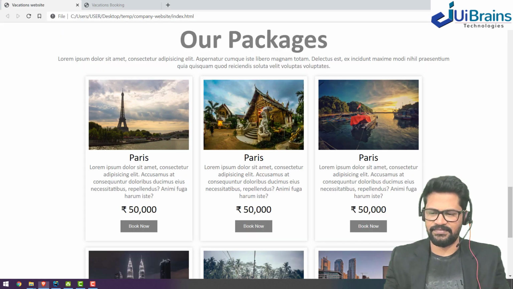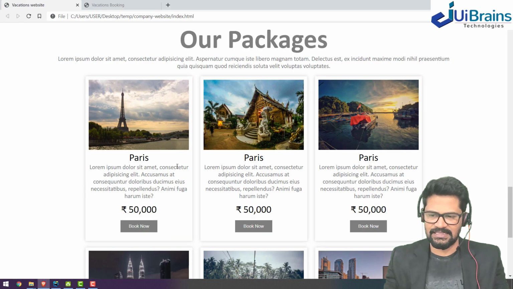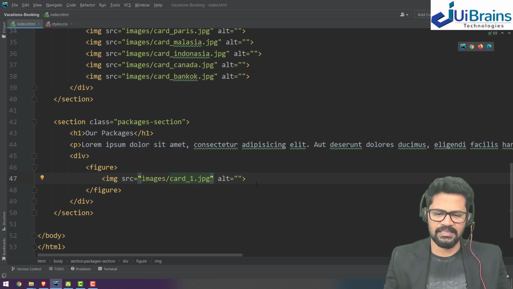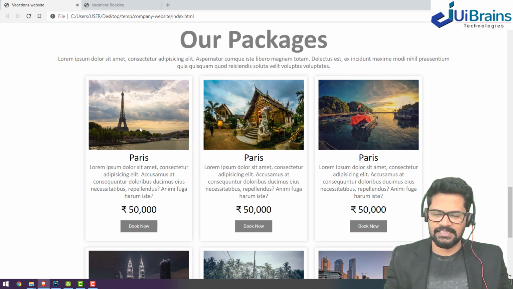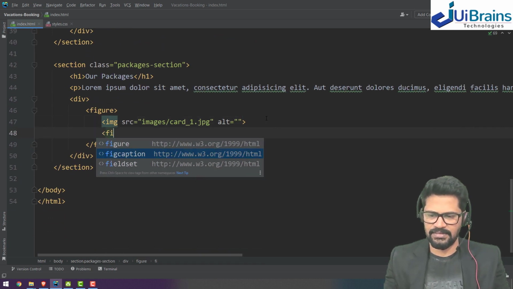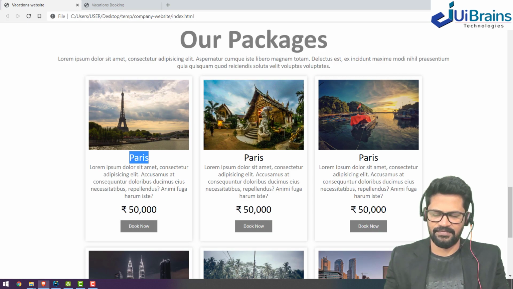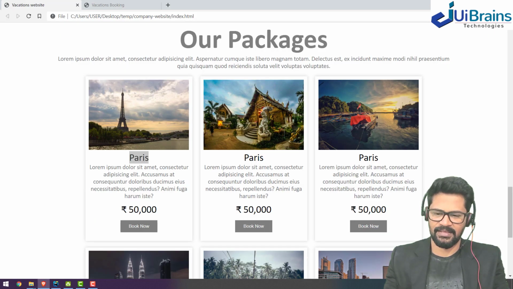So let's go add a div tag. So in this I just need to add a figure. So in this I have an image tag. src is images slash card. I'm giving just numbers, card 1. You also give the alternate text like Paris or whatever, and under that we have a figure caption. So figcaption, that is Paris, and we also have a paragraph, that is some lorem 15 tab, and then